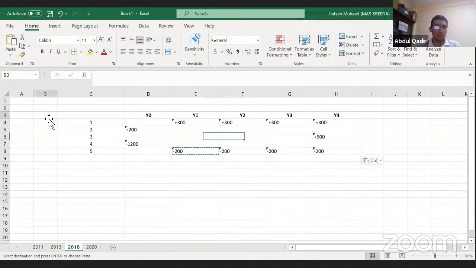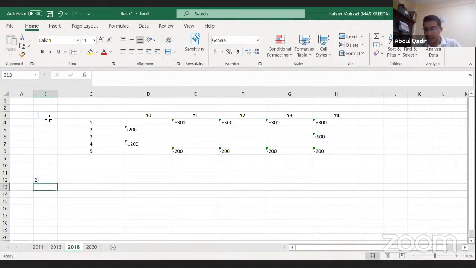Part 2 says calculate the revised NPV at 10% discount rate, and then they are asking you for recommendations. This is where students sometimes panic and get confused, wondering whether they should do the question again. They don't have information of the initial NPV, the 600. Not to worry, you just need to consider this as a new NPV question.